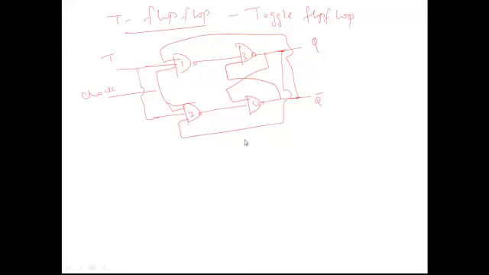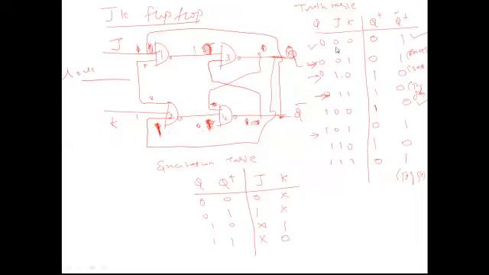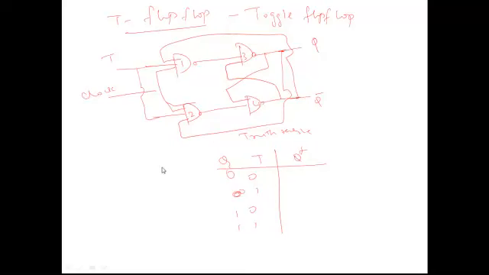When you draw the truth table, the columns are T, Q and Q plus. The rows are 0 0, 0 1, 1 0, 1 1. Whenever T is 0, it implicitly means that J is 0 and K is 0. J is 0, K is 0, no change state. I told you the next state is the same as the present state. Here also you see the next state is 1 and the present state is also 1, when both J and K are 0 and 0. So T is 0 means no change state.